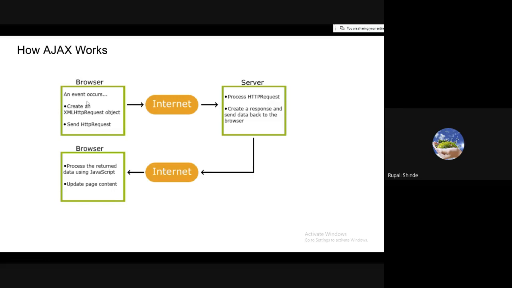Here we are going to use the combination of client side. First, create the request with the help of XML. Then it is transferred via the internet. The server will create the proper response and it is transferred back to the client. Now the browser, with the help of JavaScript, is going to process and display it. So Ajax is the combination of JavaScript and XML.